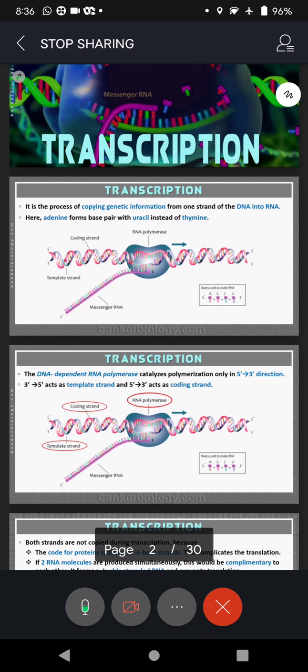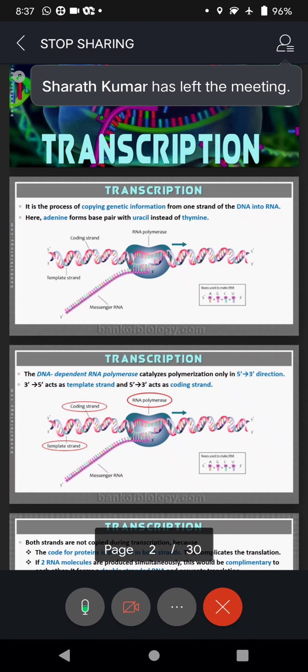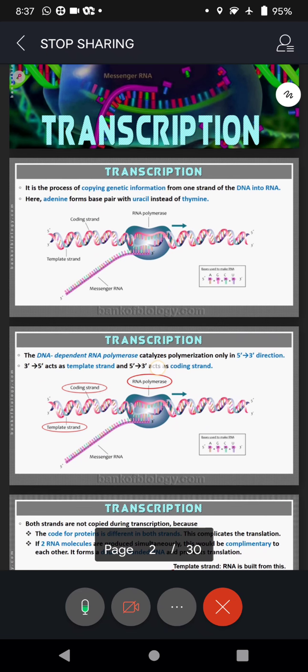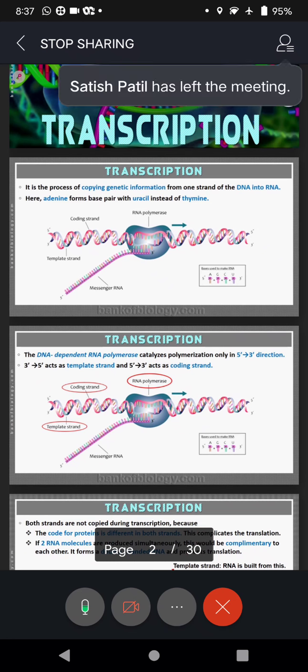We discussed many experiments, right from Frederick Griffith's experiment, the transforming principle. Then we went on to prove the chemical content of that based on the Avery, MacLeod and McCarty experiment. Then we went on with the Hershey and Chase experiment. Then yesterday we discussed the Meselson and Stahl experiment, wherein the breaking of the DNA molecule, that is DNA replication, is